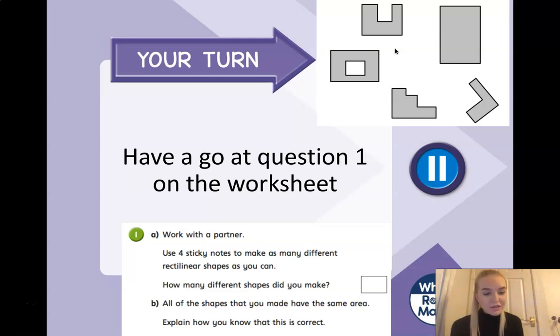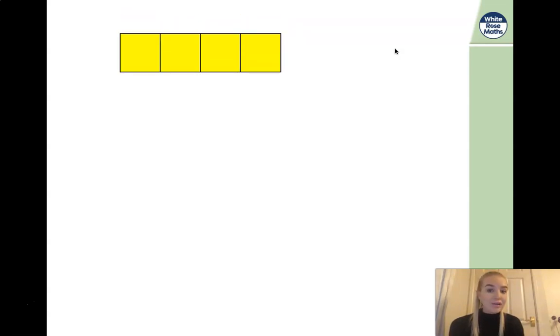Okay, did you manage to make lots of different rectilinear shapes? I bet you did. That's going to really help you to understand what area is. Some of you might have never heard of area before, some of you might have, but let's see what it is. So, with your sticky notes or pieces of paper, you may have made a shape that looks like this,